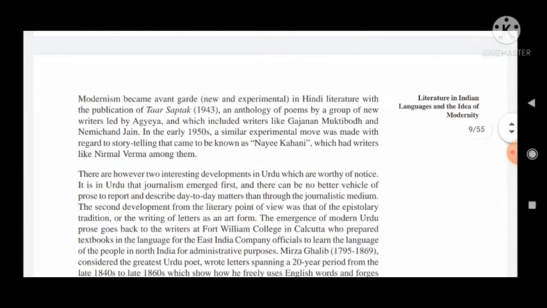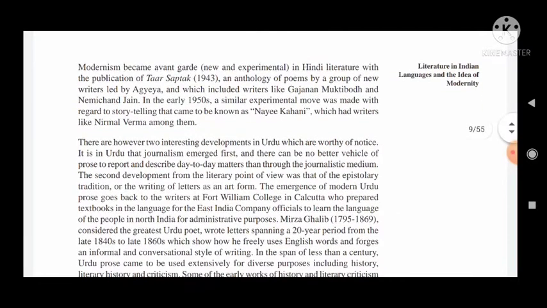Then modernism became avant-garde, new and experimental. What do you mean by avant-garde? Avant-garde means new and experimental. In Hindi literature, with the publication of Tar Saptak in 1943, an anthology of poems by a group of